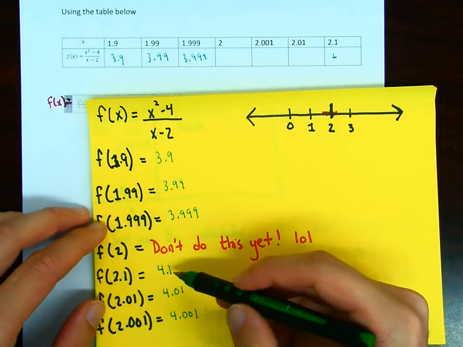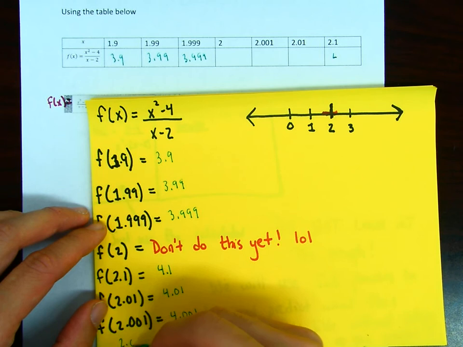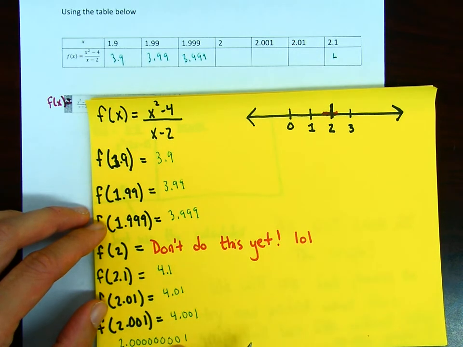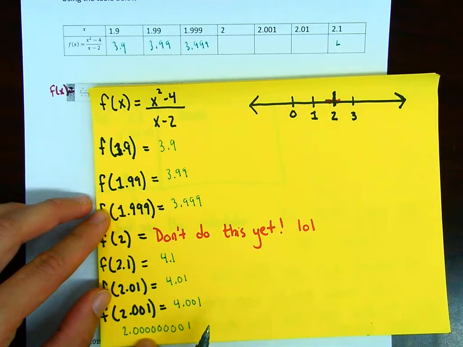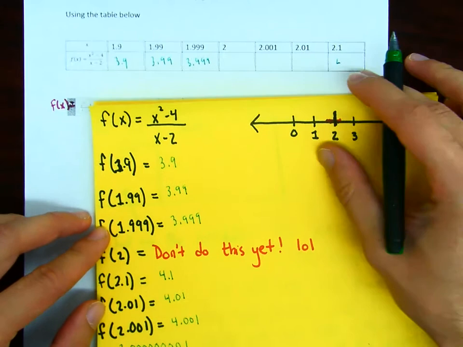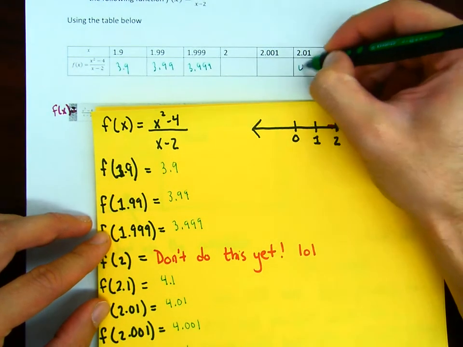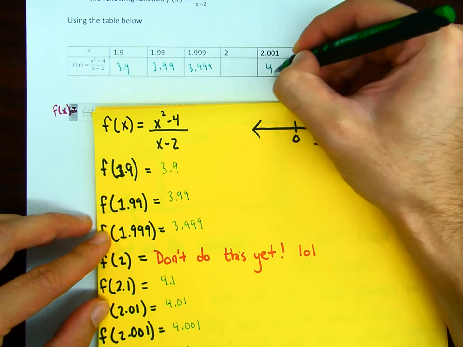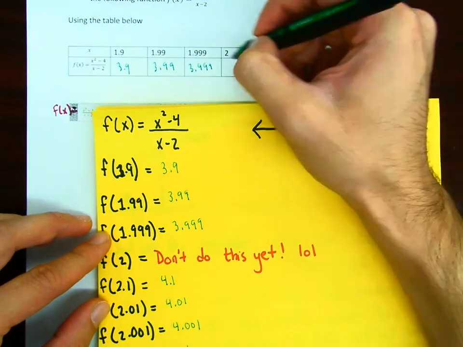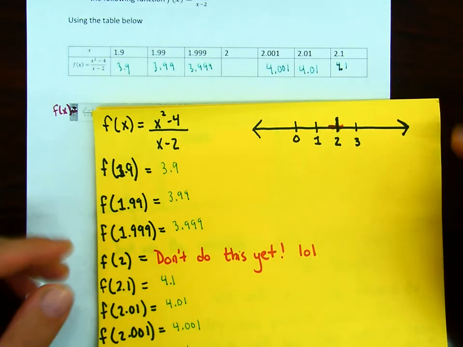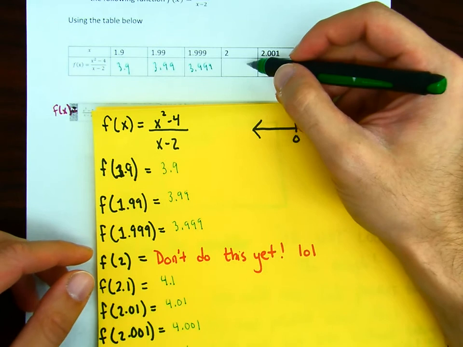As you get closer and closer, this number over here is very, very, very close to 2. And the closer and closer you get to 2, the closer and closer you get to 4. And that's it. So notice that this is 4.1, 4.01, 4.001. And now here, for the magic, and I'm guessing some of you already did it because you're so fast,